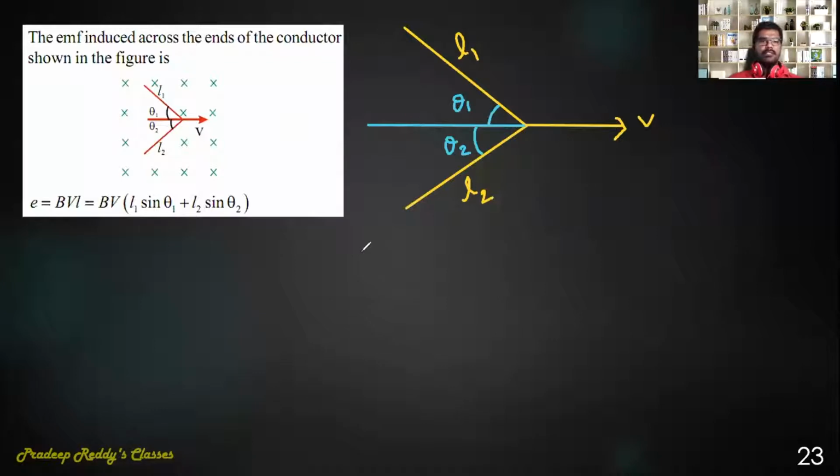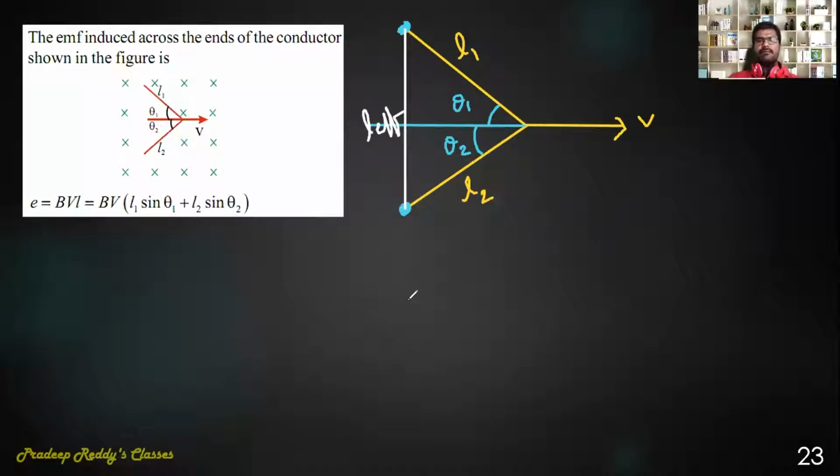So likewise, just now how we have solved the previous case, this is also one more simple example where a wire of length L1 and L2 is bent in the form of an arc with an angle theta 1 plus theta 2 and moving with velocity v. I should now calculate EMF produced over here. So in order to find out EMF produced over here, this is the starting point where current starts and this is the ending point. So effective length, when we are calculating, you need to take effective length as this. This is the effective length.